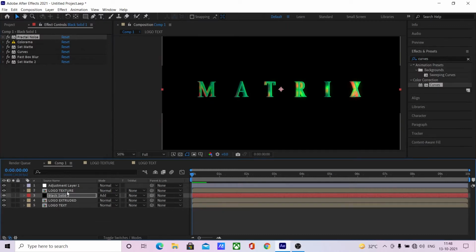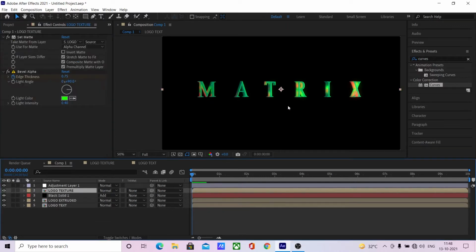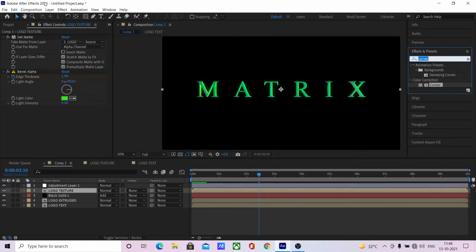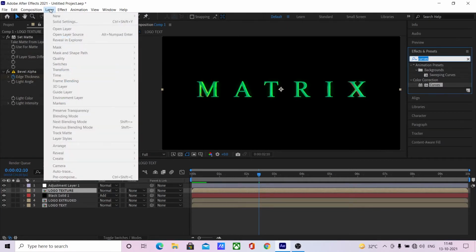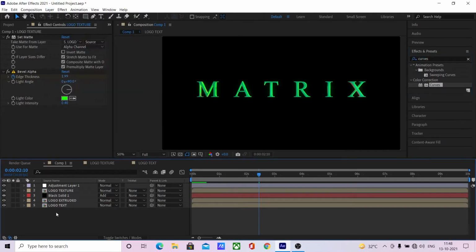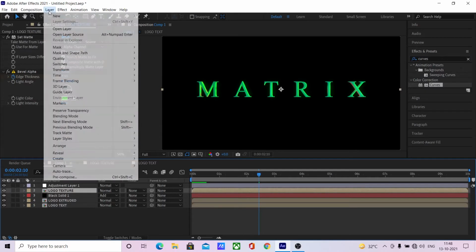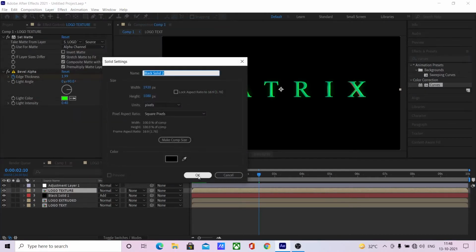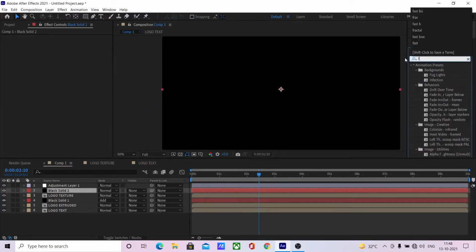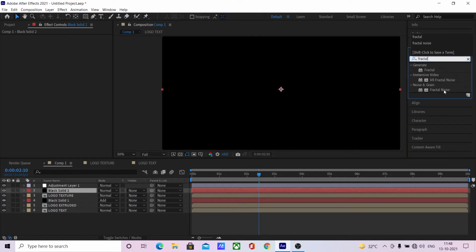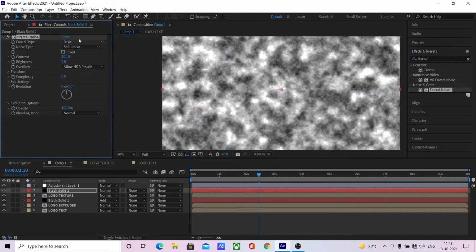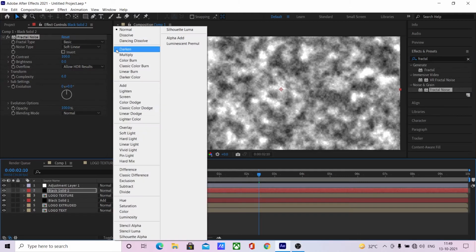And before doing anything, I actually forgot to tell you, this looks actually plain. Yeah, this looks bland. In order to add a little bit of variation in the lighting, you can actually use a new black solid and use a new fractal noise. Apply the fractal noise effect. The basic will work fine. Just set this thing to overlay